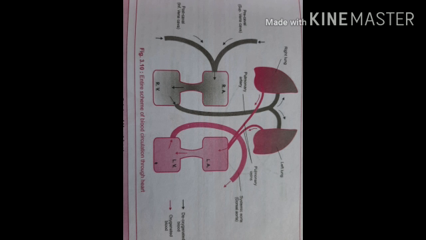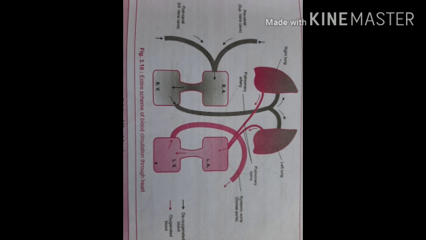Now let us discuss the right-hand side of the heart, which is shown grey in color. You see, the right auricle receives the deoxygenated blood from various parts of the body, that is from the superior vena cava and inferior vena cava. This right auricle will pour this blood to the right ventricle through the tricuspid valve, because there are three cusps in this valve, so it is named tricuspid valve. Now the valve will close. The right ventricle will pour this blood to the lungs through the pulmonary artery, and in this way circulation of the blood takes place.